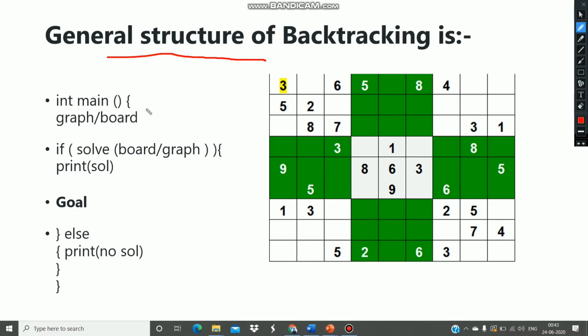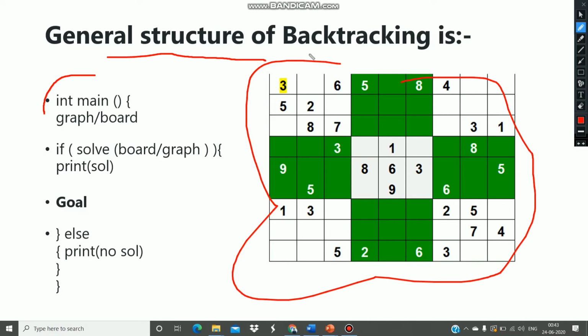Okay. So we'll be starting our program from the main function. As we know, the program starts or executes from the main function, and it moves to the different function calls. So consider the sudoku example. This is the board and our target is to fill this board. In the main function, I'll take input from the user. A user will give me the board. I'll pass this board to my own created function, that is the solve function.